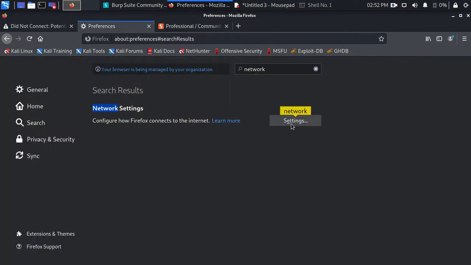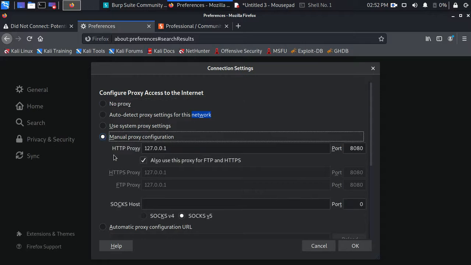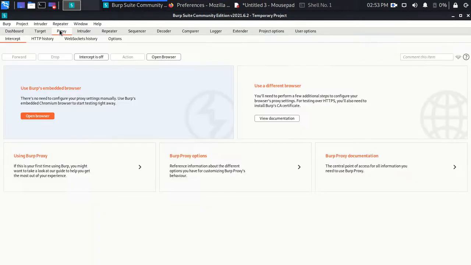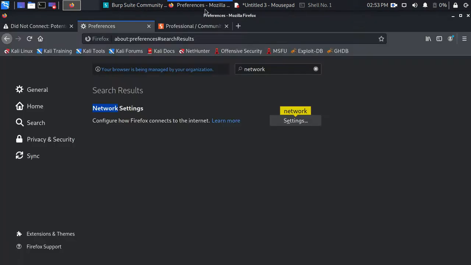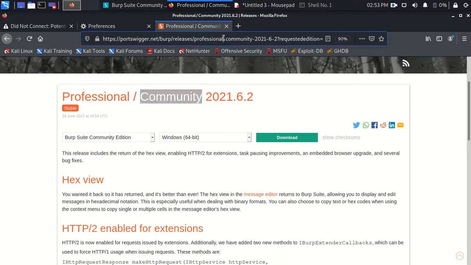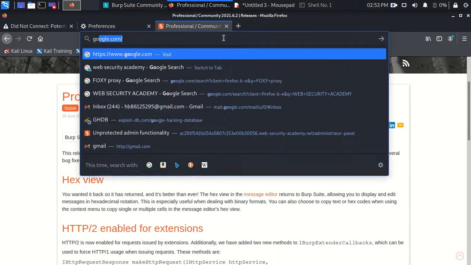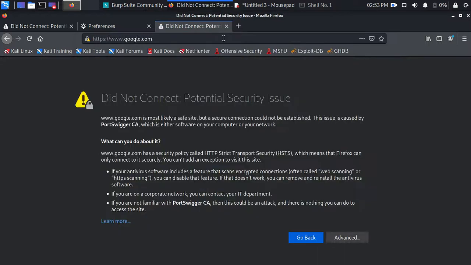Let's go to the preferences, network, and put the proxy. Okay, go to the Burp Suite proxy tab, and intercept is on. Now if I want to access any site like google.com, this is the warning or error you get.